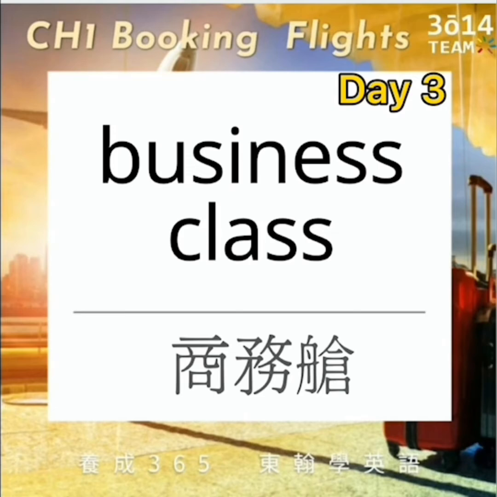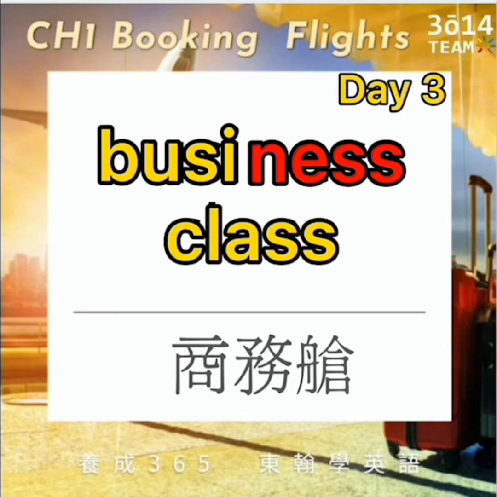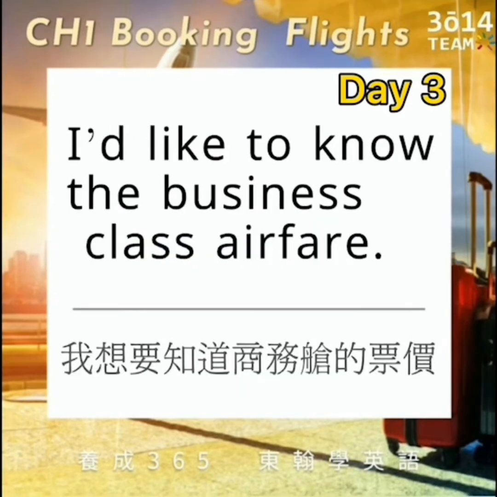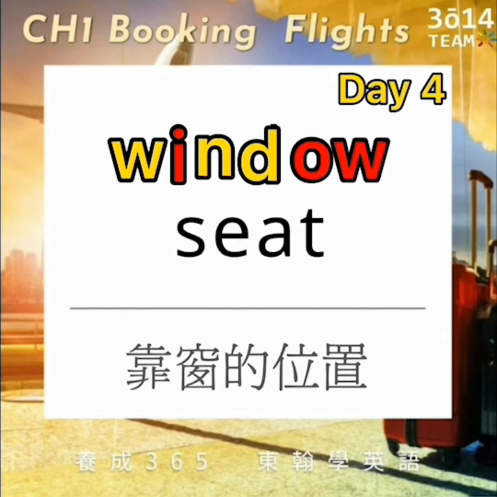Business class。I'd like to know the business class airfare。订机票会需要选你想坐什么样的位置。Window seat 指的就是靠窗的位置。Seat 指的就是位置、座位。